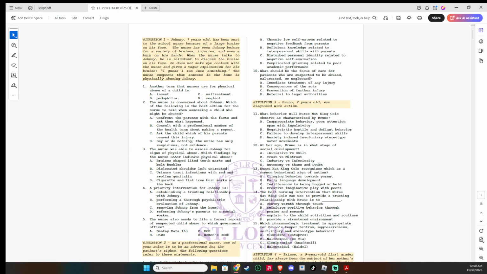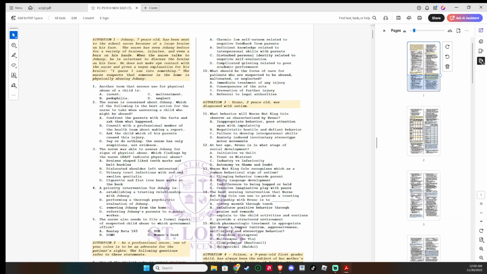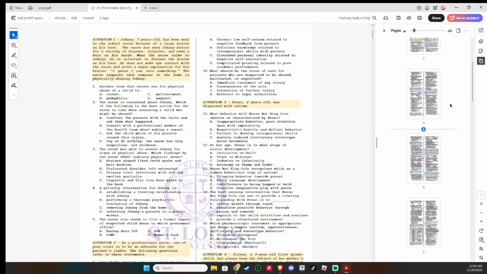First, open your PDF file in Adobe Acrobat. Once the document is on screen, you're ready to access the page organizer. On the left side of the window, look for the Pages icon. It typically looks like a small grid of page thumbnails. Clicking this opens a panel that shows miniature previews of every page in your document, letting you see the whole